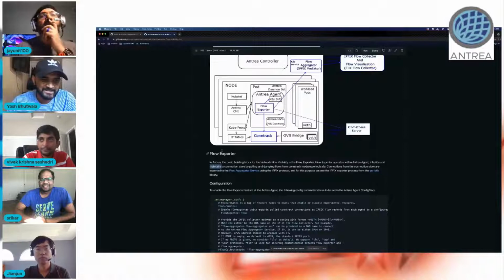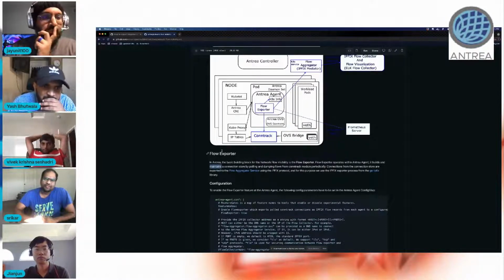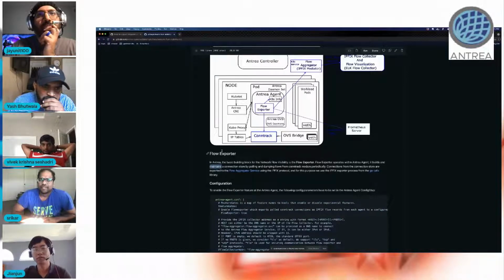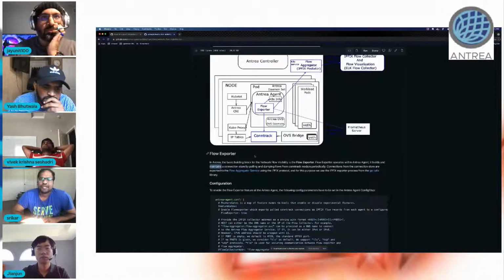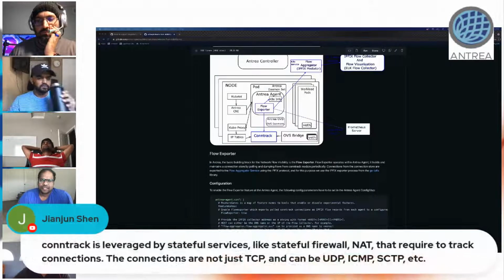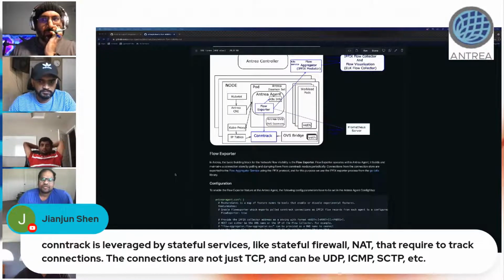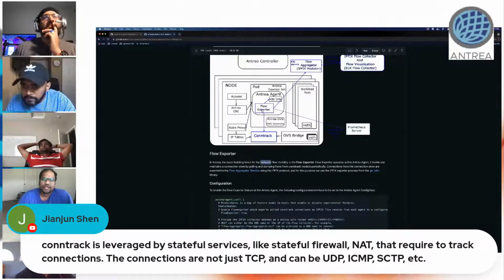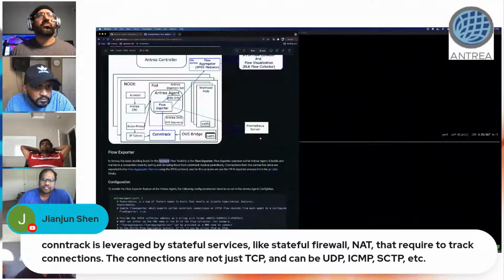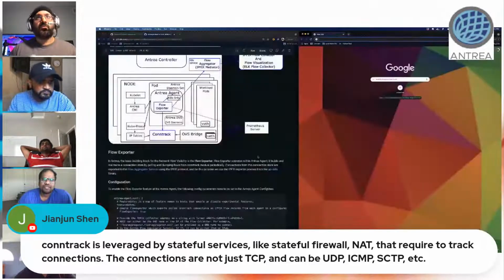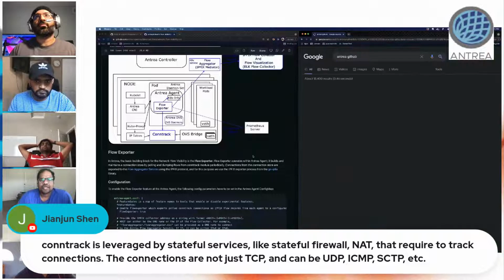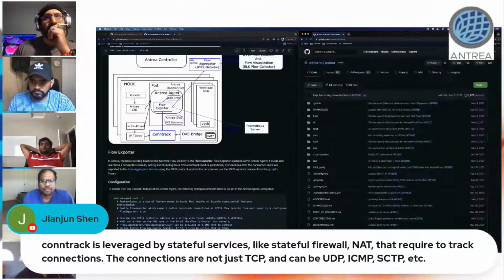Yeah, these contract. So OVS also uses contract table to achieve this, network policy, firewall, and even natting, for various services that we provide in Antrea. So all our connections are present in contract. As part of flow exporter, we go and poll this contract module periodically with the configured polling interval and get these connections. And these connections have different fields inside them, as I mentioned. And if you go down into the document,